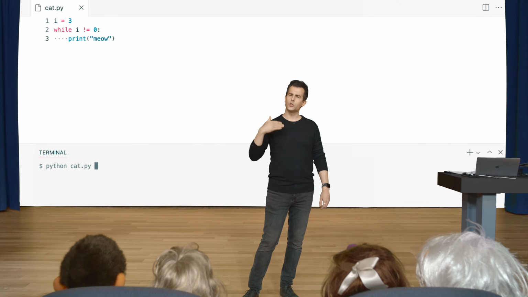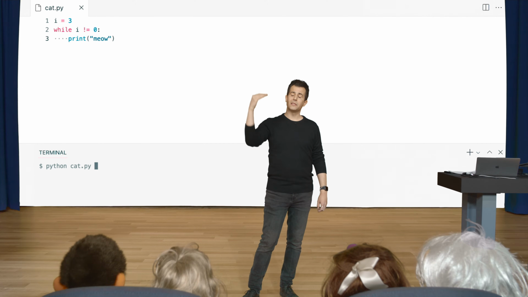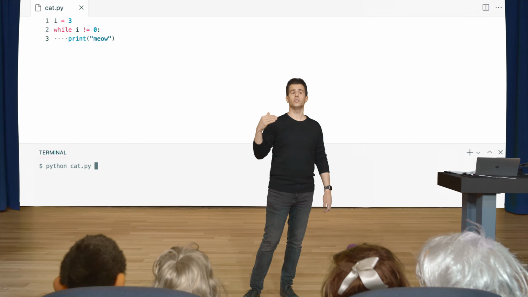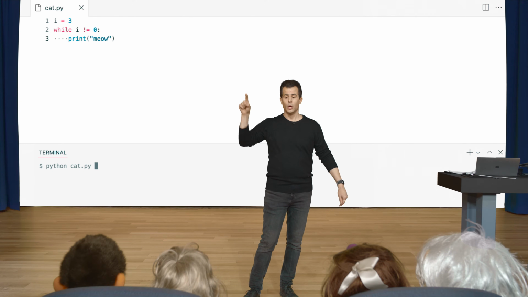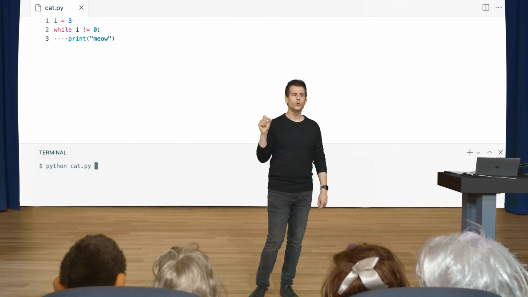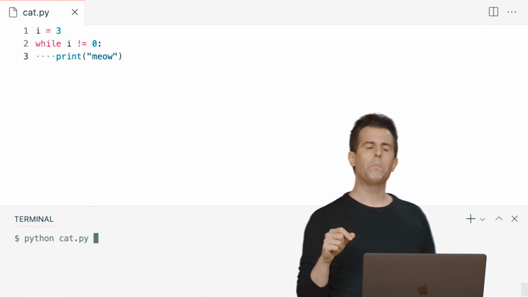Yeah, exactly. If I'm initializing i to 3, that is setting it equal to 3 on line 1, then I'm asking the question, while i does not equal 0, and that's going to be true. It does not equal 0. It obviously equals 3. Print meow. And the way a while loop works is that the Python interpreter just keeps going back and forth.